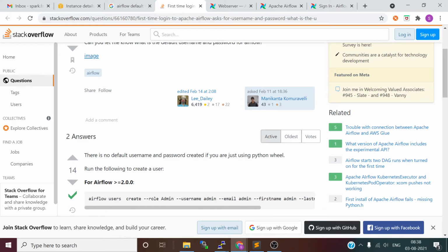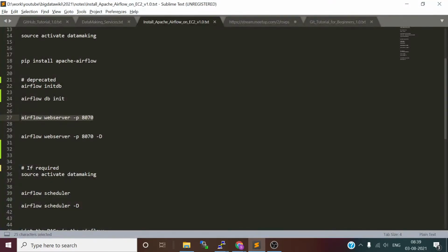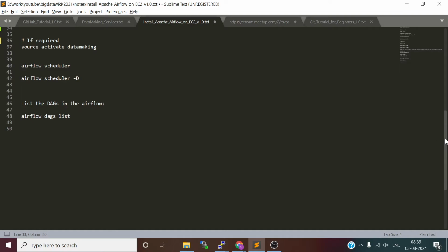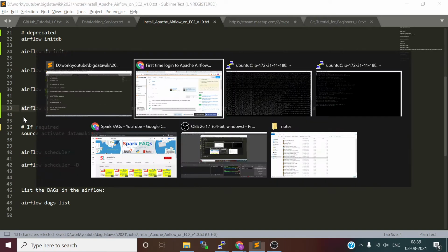So we are going to run airflow users create, with role admin, username admin, email sparkfaqs@gmail.com, first name admin, last name admin, and password admin. For simplicity's sake, we just keep admin for user ID and password. Take this and run the command.